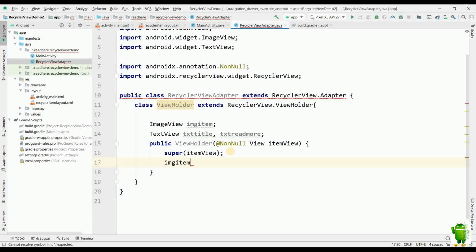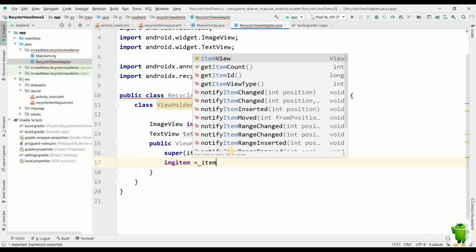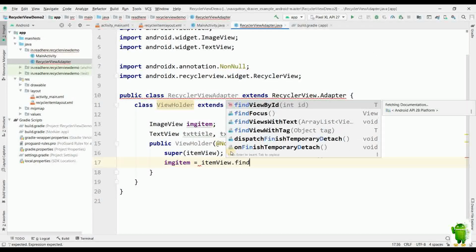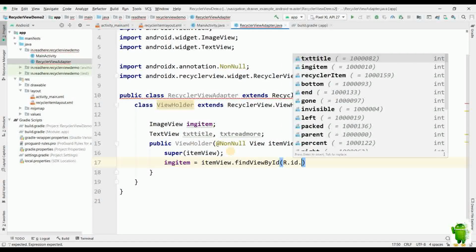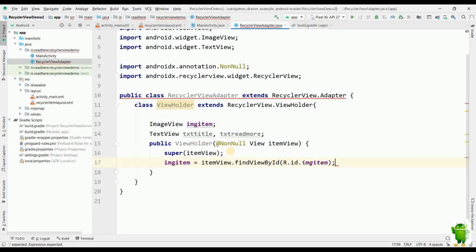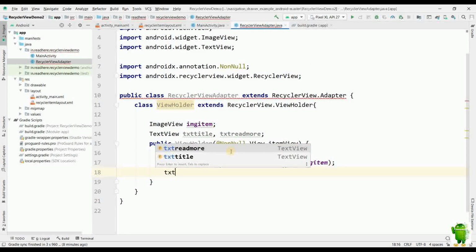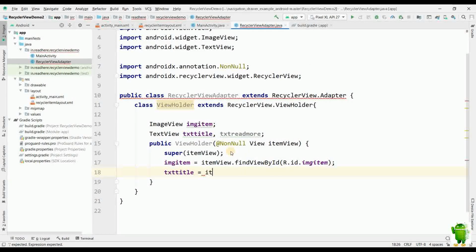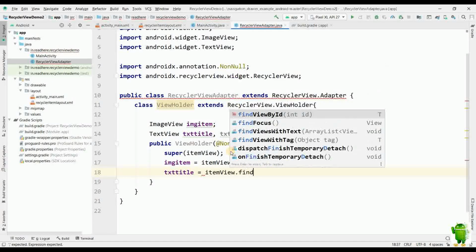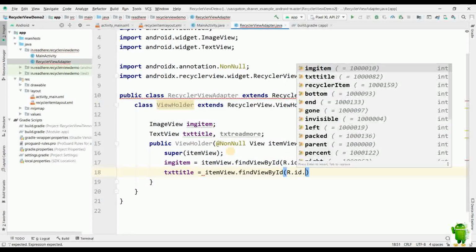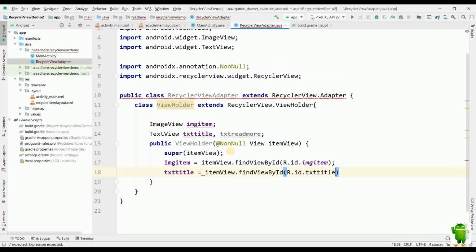We will initialize these items in our view holder constructor. First there will be a super call to the super class constructor, and then we'll initialize image item is equal to item view dot find view by id r dot id dot the image view id. We'll similarly initialize the text title with r dot id dot txt title.